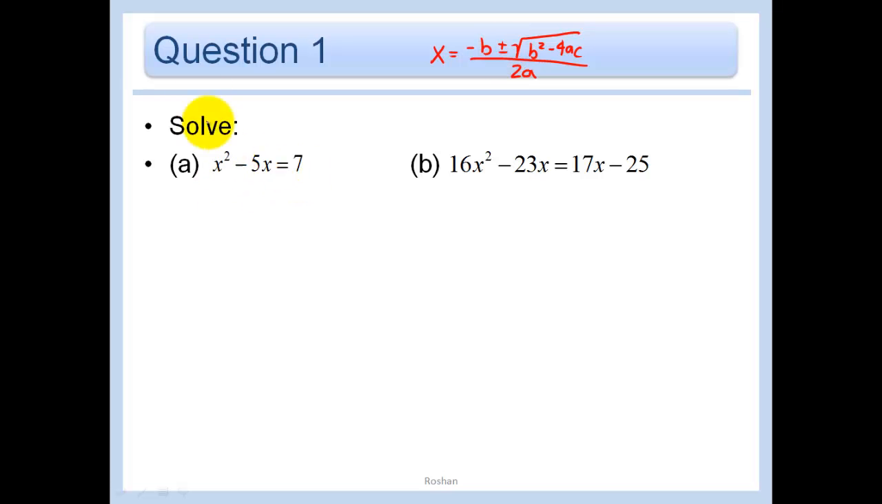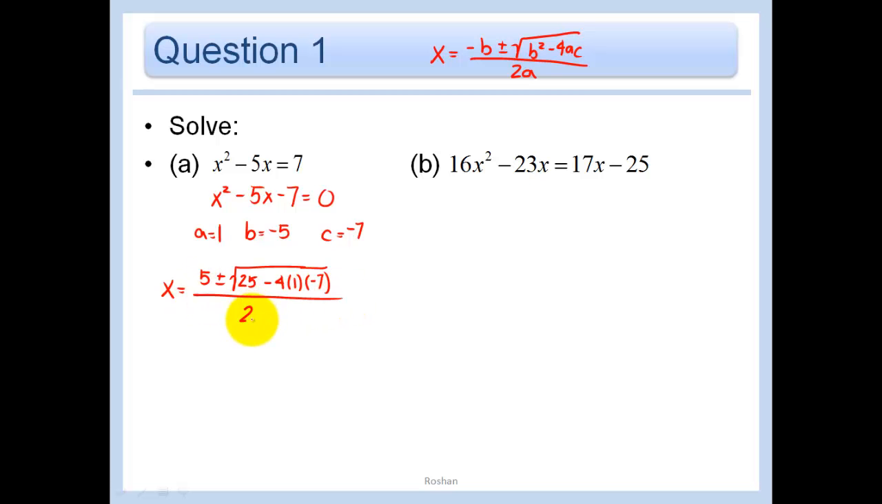And so in this example, I have to first set it equal to 0. So I get x squared minus 5x minus 7 equals 0. Then my a would just be what's in front of the x squared, 1. My b is what's in front of the x, which is negative 5. And my c is the constant term, which is negative 7 in this case. So I have x equals negative b, 5, plus or minus the square root of negative 5 squared is 25, minus 4ac